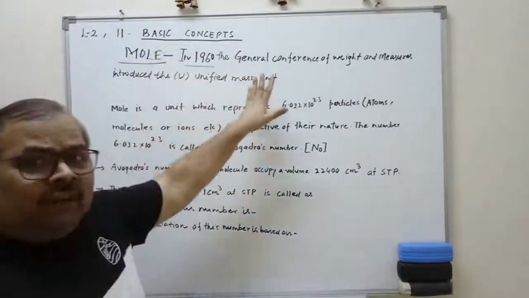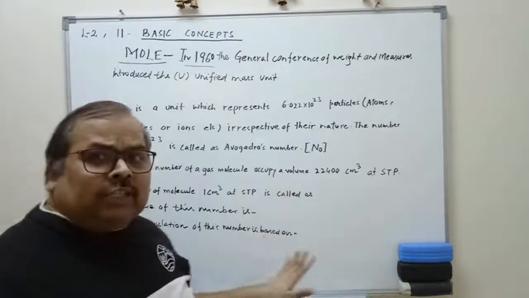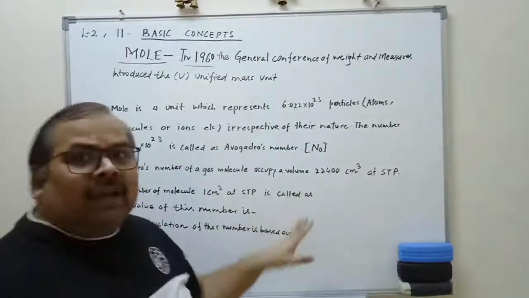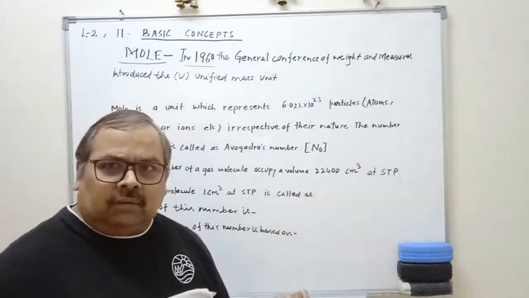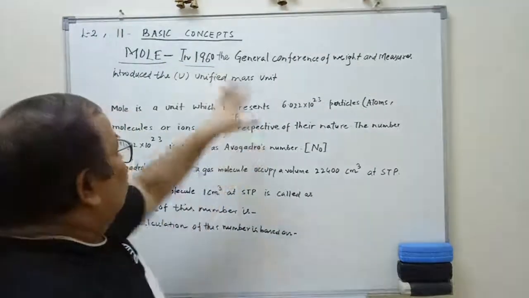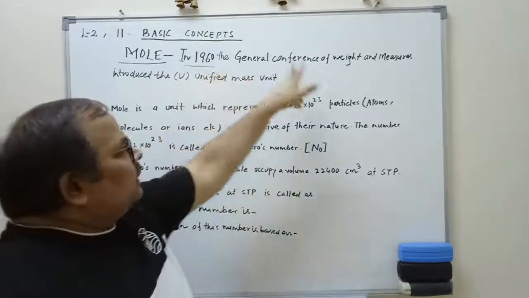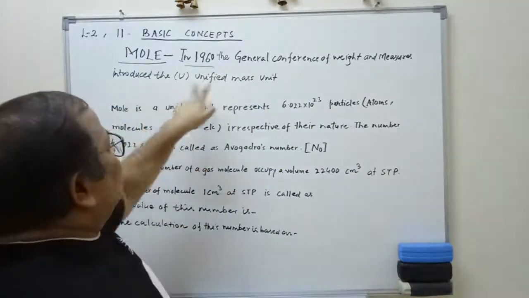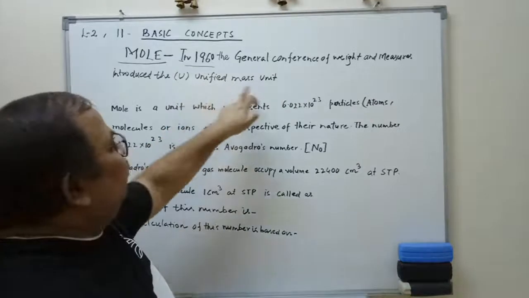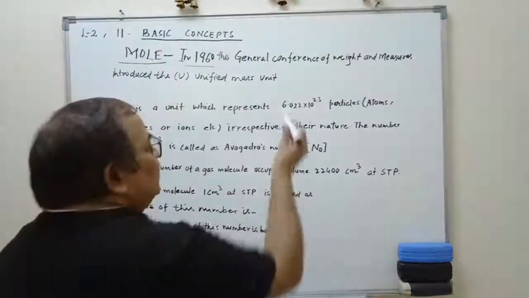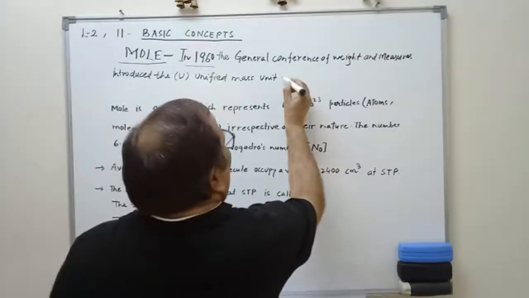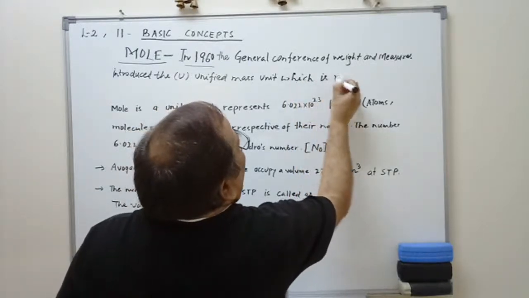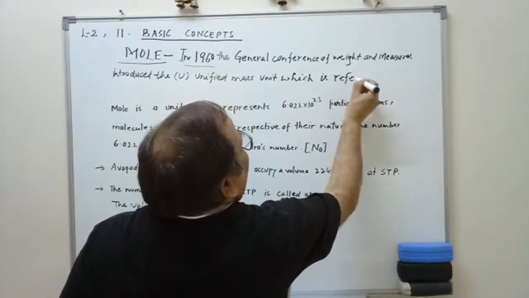We are starting from here, and all the lines you must be aware, all the lines may be asked in examination. Be sure. In 1960, the General Conference of Weight and Measures introduced the unified mass unit, which is referred to as